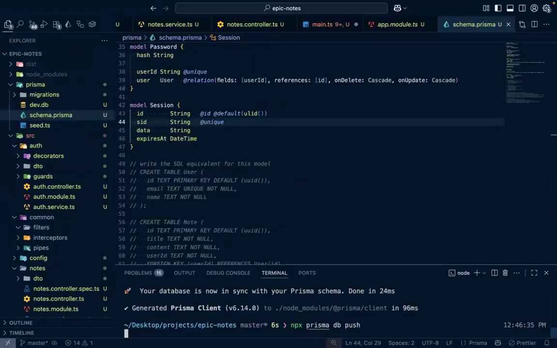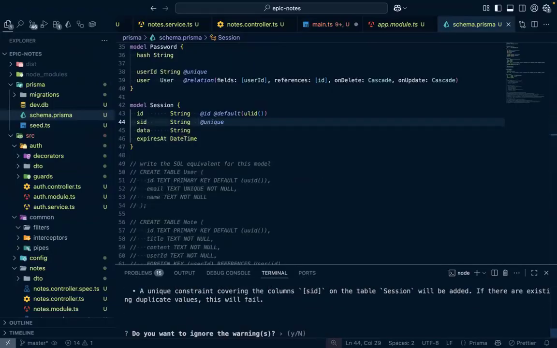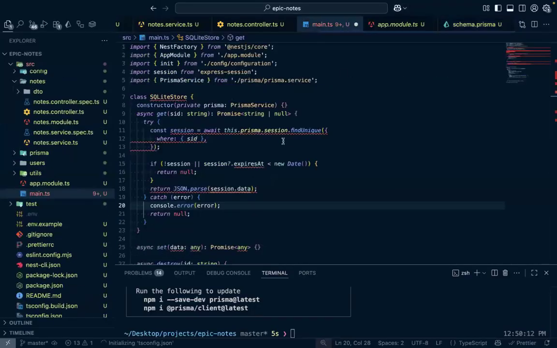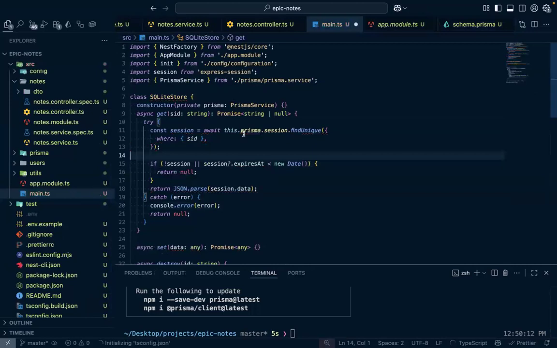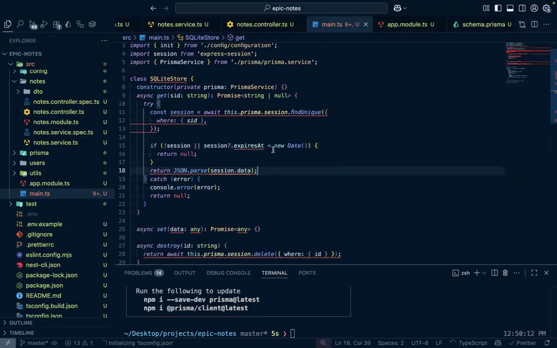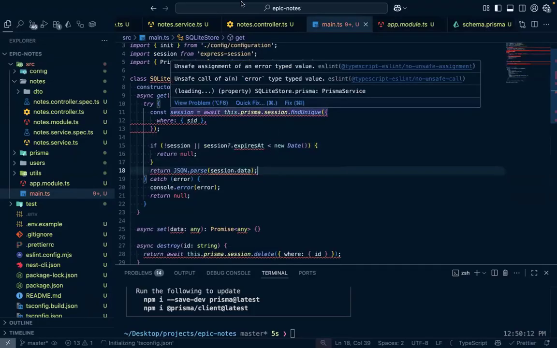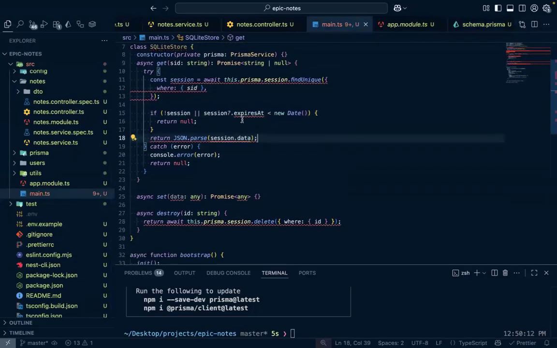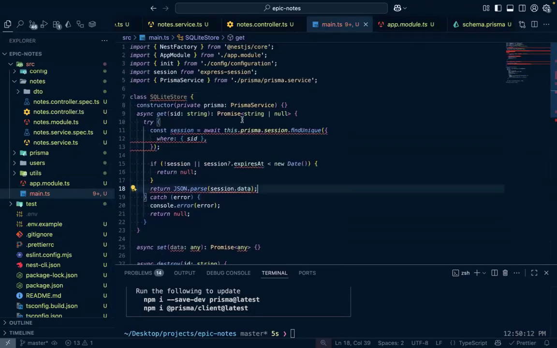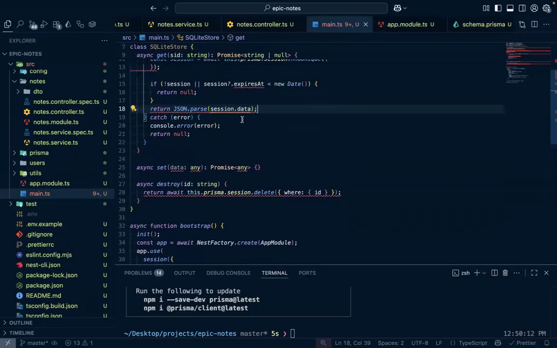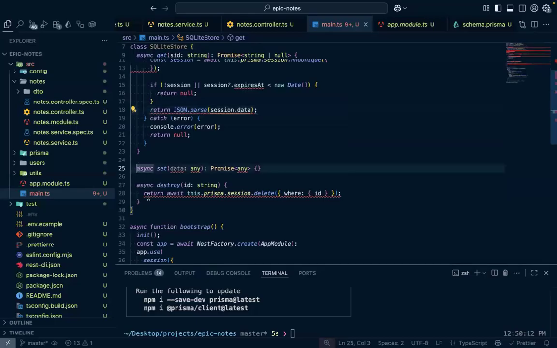npx prisma db push. Yes, do that for us. And we come over here. Okay. So I don't know why, we are out of time already, and there's no time to debug. The NestJS strict mode is what I don't like. Okay, so we can do away with all of this